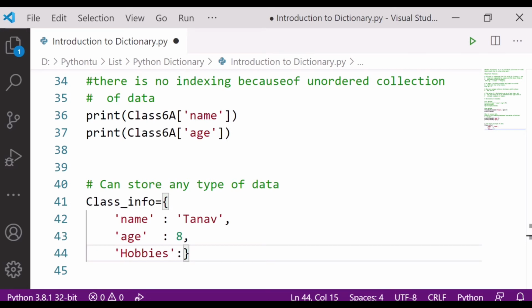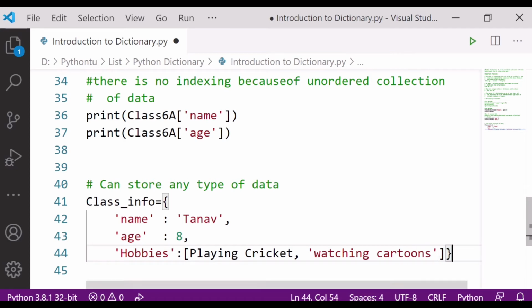Hobbies, let me write down, just suppose I'm writing here hobbies, playing cricket. Another hobby I can say, watching cartoons.